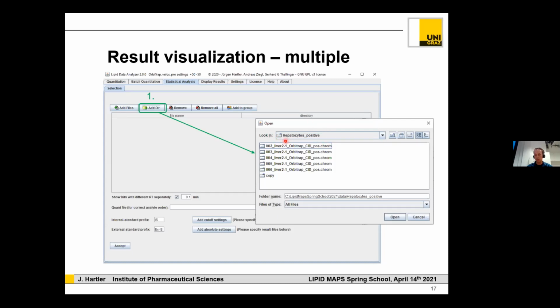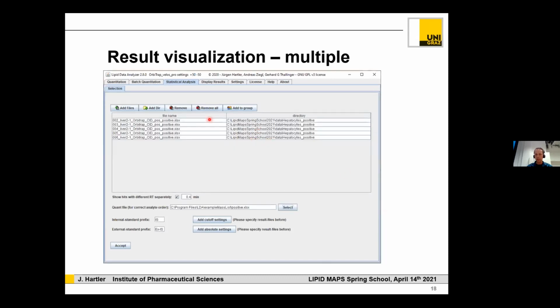These are the hepatocytes zip directory. You simply specify this directory and click on Open. And then it will automatically load all of the Excel files that are in this directory. If you have some additional Excel files in it that were not produced by LDA, you simply can select them